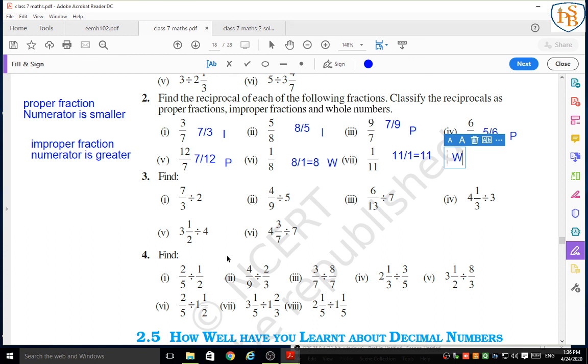Instead of division you have to write the multiplication process, and the first fraction you have to write as it is in the question, and for the second number you have to write the reciprocal of that second fraction, and with the help of the multiplication process you can find out the examples very easily. If you are not able to recognize it, you can see this video again and again, try to understand it and try to solve this whole exercise in your notebook.